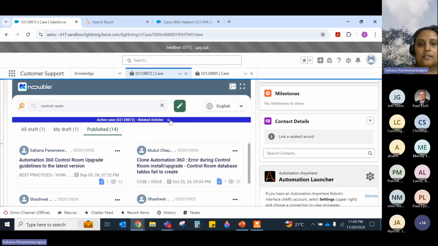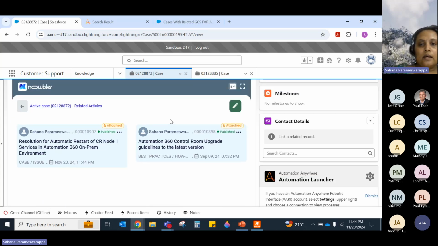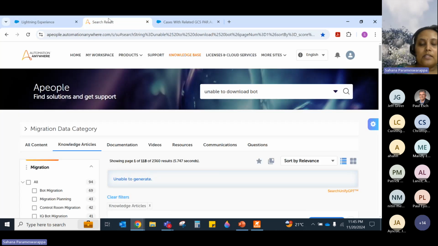So once the article is created, it takes a minute to realize that it has been created. Soon it will show up in a different color and it will also say created in a minute or so. Similarly, for search, what we have done is we have integrated it with